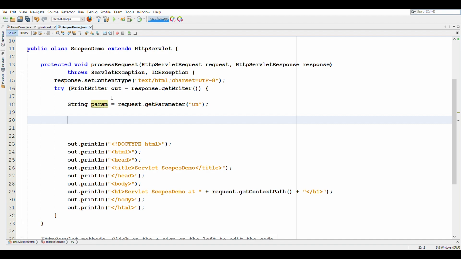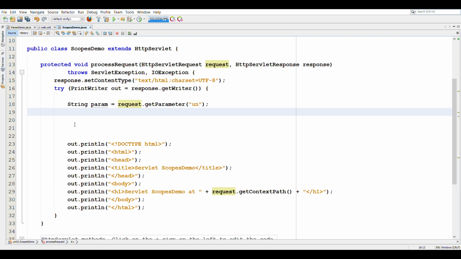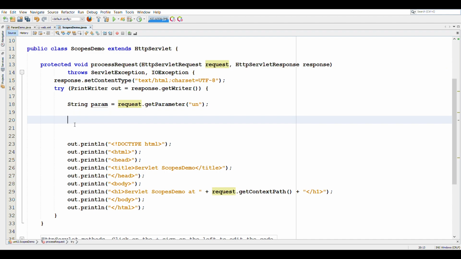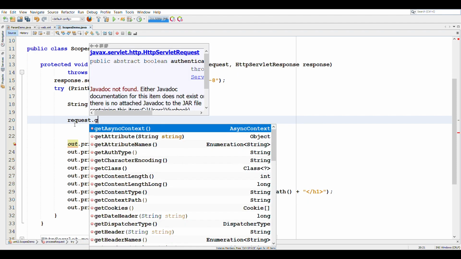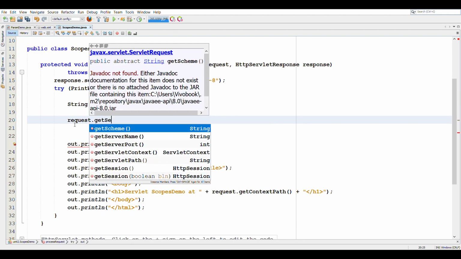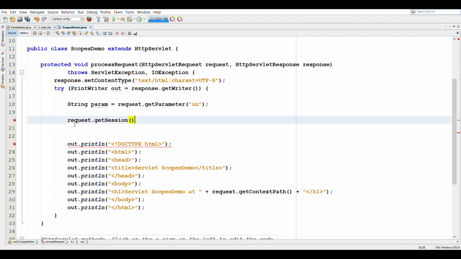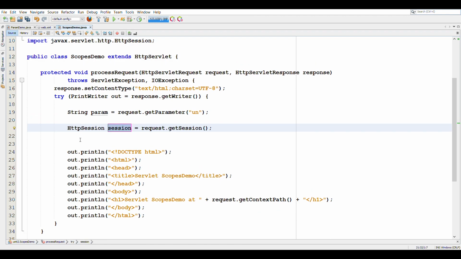We already have the request object, which is passed as an argument in the processRequest method. In addition, we will require a session object, which can be obtained using the request object and the getSession method. The return type of this method is HttpSession.